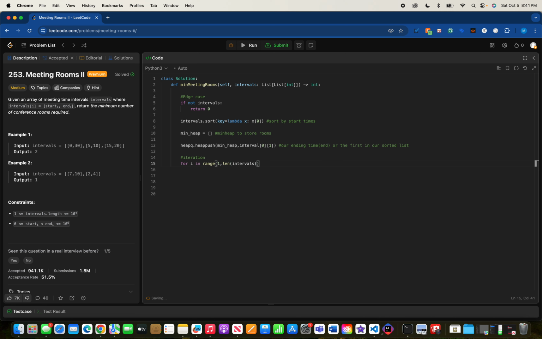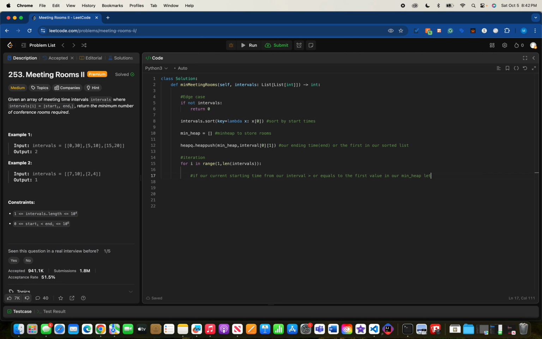If our current starting time for our interval is greater than or equal to the first value in our min-heap,